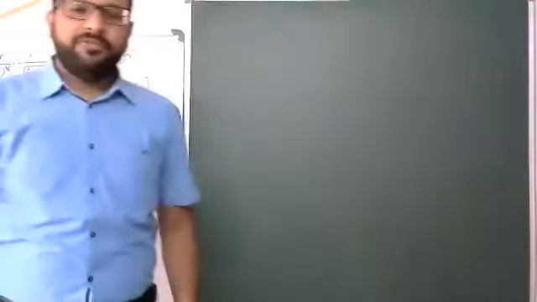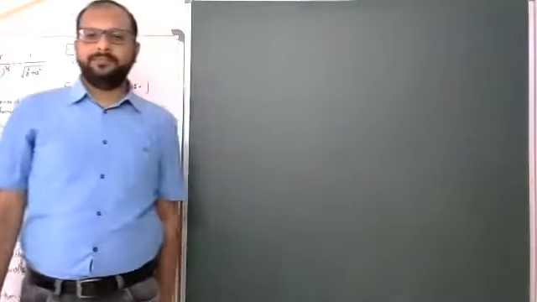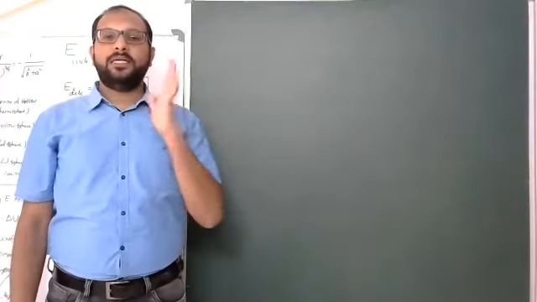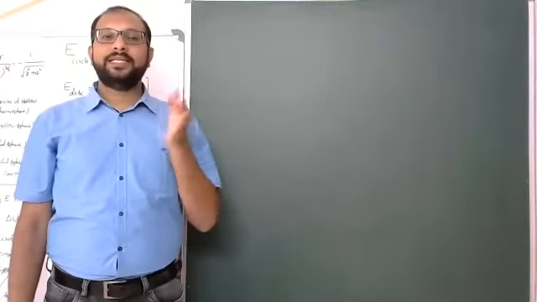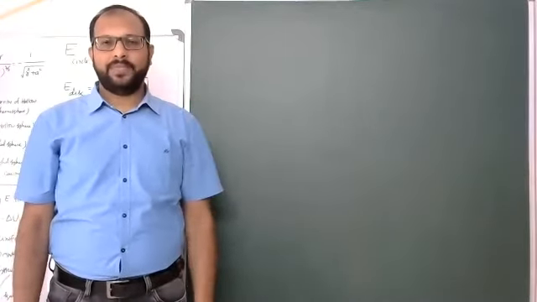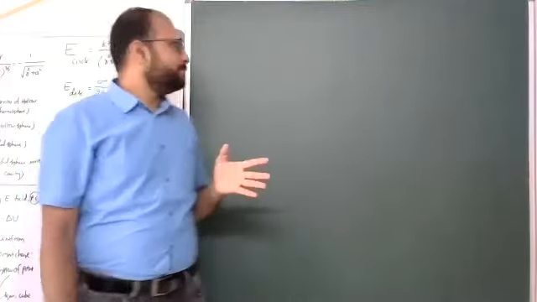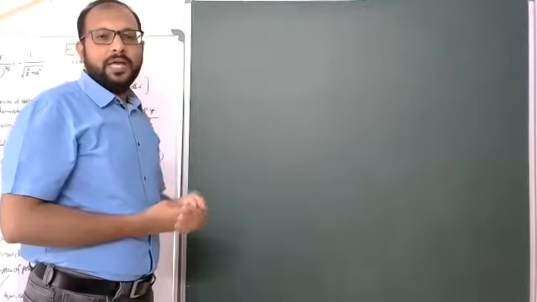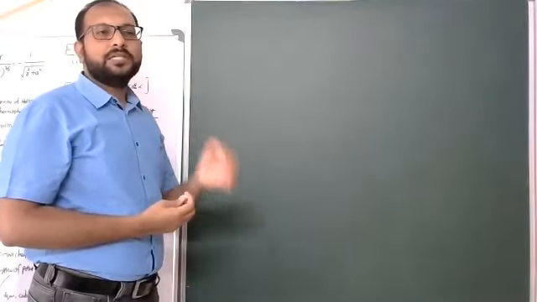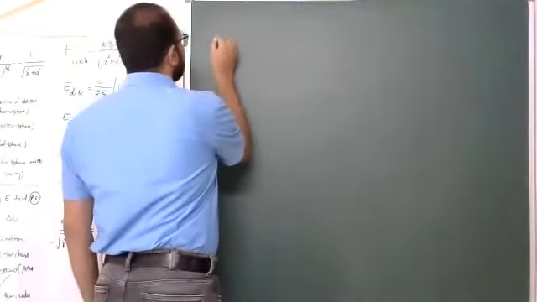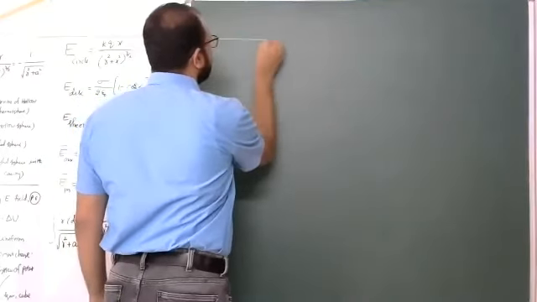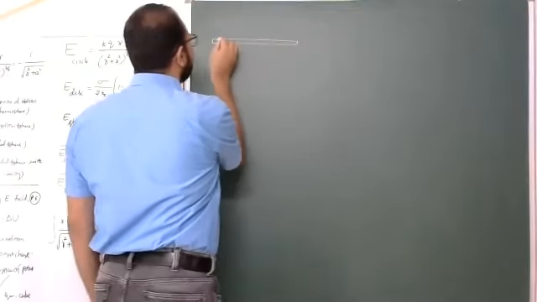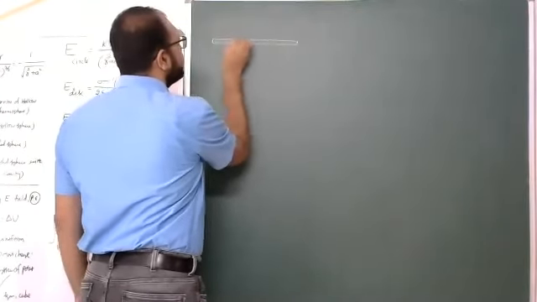Yes, students, now the first charged body I am taking is a uniformly distributed rod, a linear charge. Now, an example I am taking. The present topic is electric potential on the axial line of a uniformly distributed charged rod. So students, now it is one uniformly distributed charged rod.